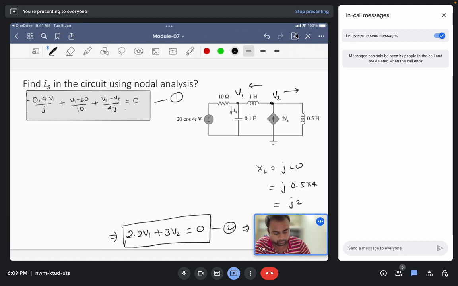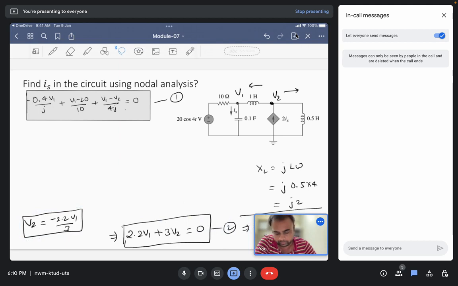So from here we get V2 is equal to minus 2.2 V1 by 3. So we will be substituting this in equation number 1. So we'll substitute V2 in equation number 1. So let us first of all take the LCM here. First of all let us take the J term here only. So for 4J this will become minus 1.6